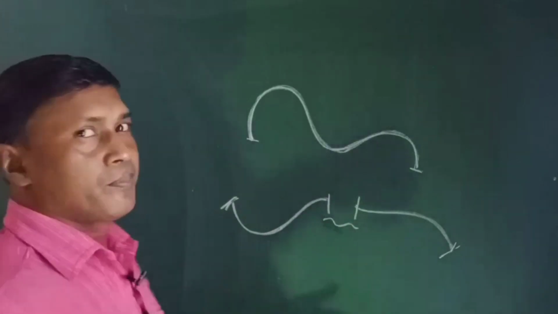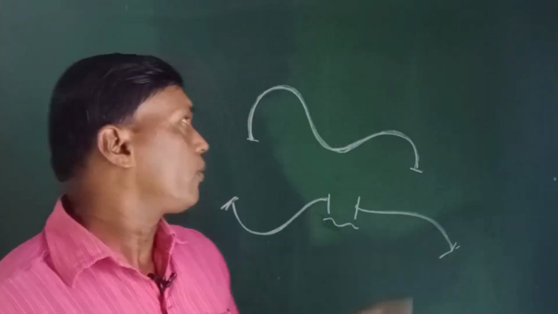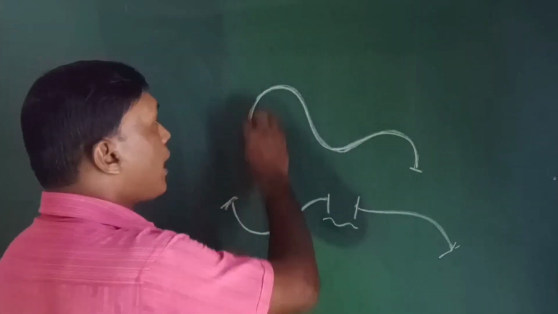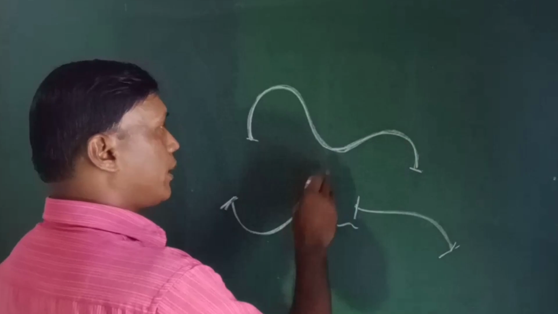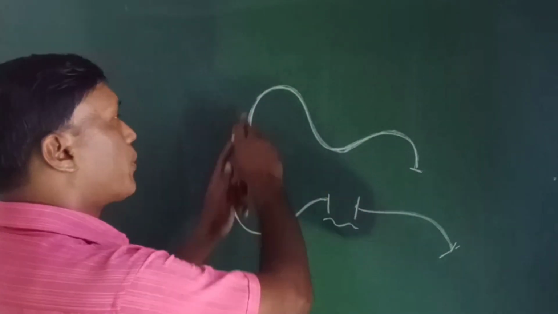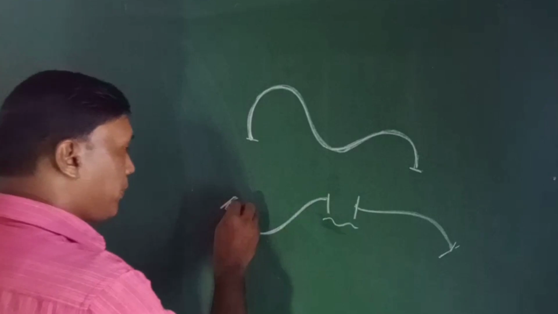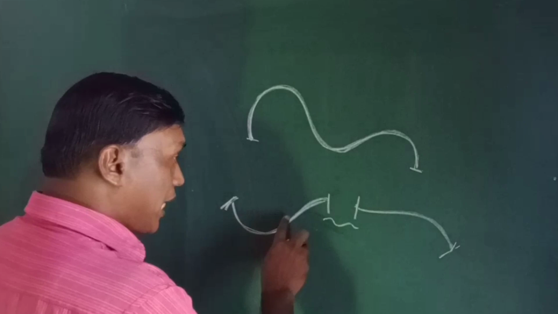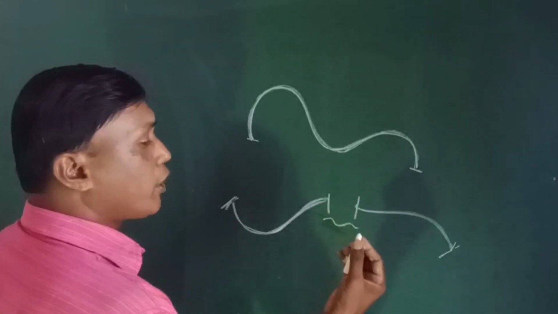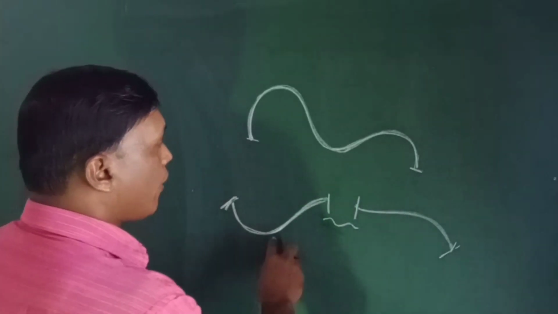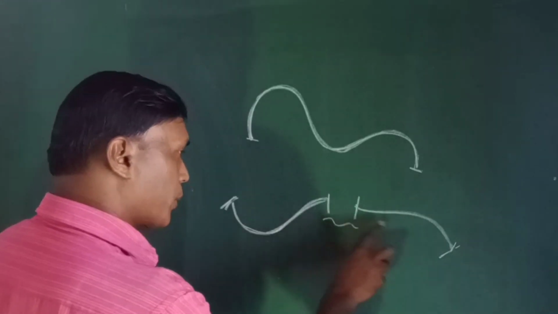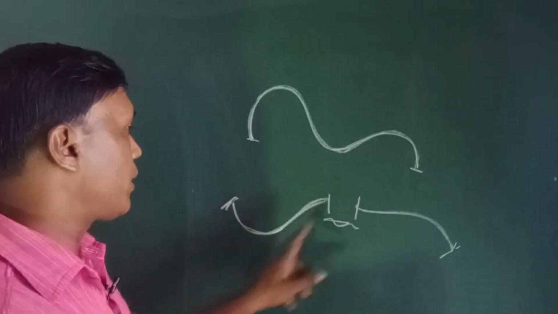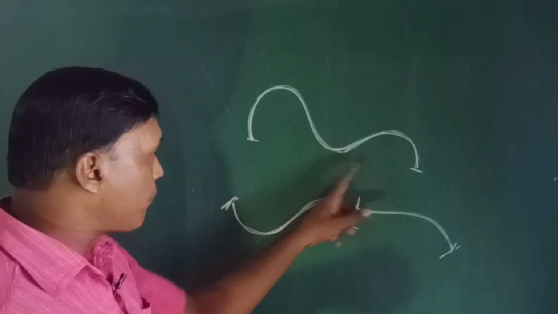So students, when we can draw a graph of a function without lifting the hand, without a break, then that curve is continuous, which means that function is continuous. But if you are drawing a function where there is a break, if you cannot draw a function without lifting the hand, then this function is not continuous, it is discontinuous. Here there is a break. So this is a continuous function, this is a discontinuous function. This is a continuous graph, this is a discontinuous graph.